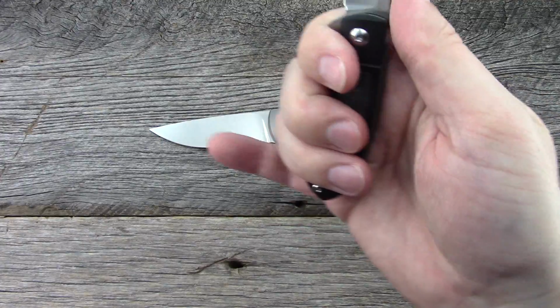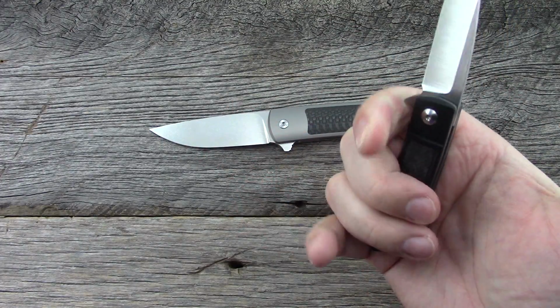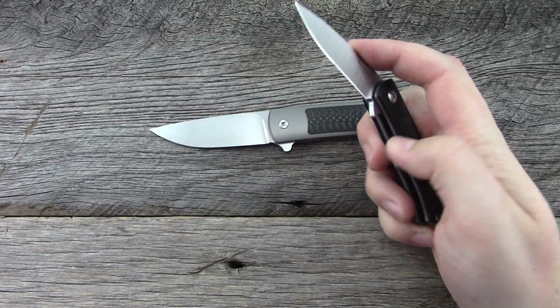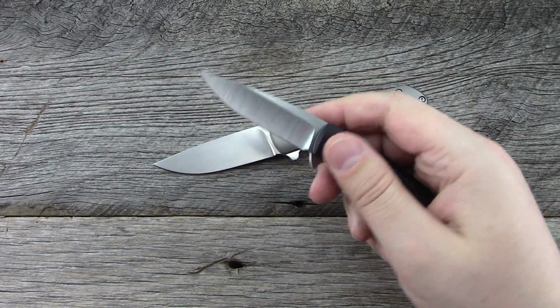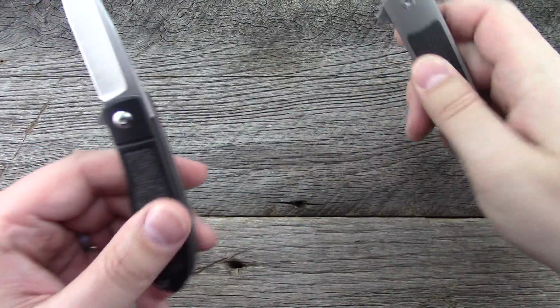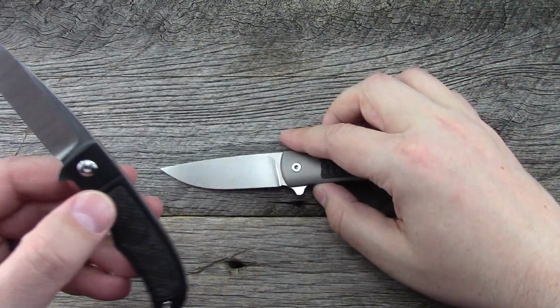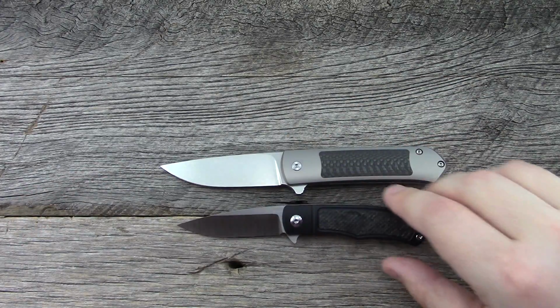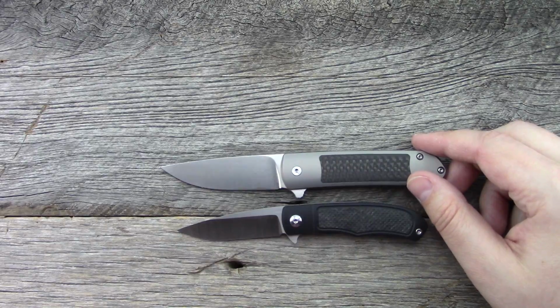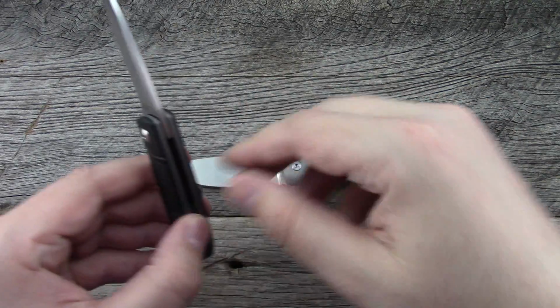This one is smaller. This is a 3-finger knife for me. But this is a custom. He makes a custom along these lines, and his customers really like these smaller knives. So let's do a quick size comparison between these two, since they're both from the same maker. So definitely smaller overall, but the thickness in the handle,